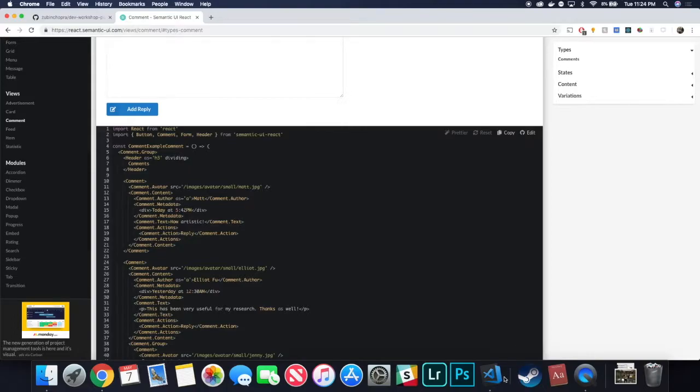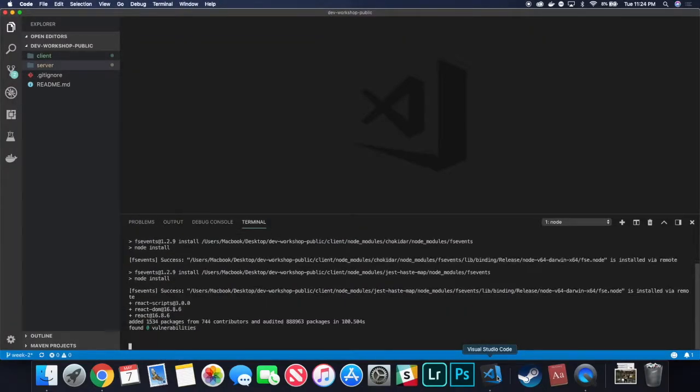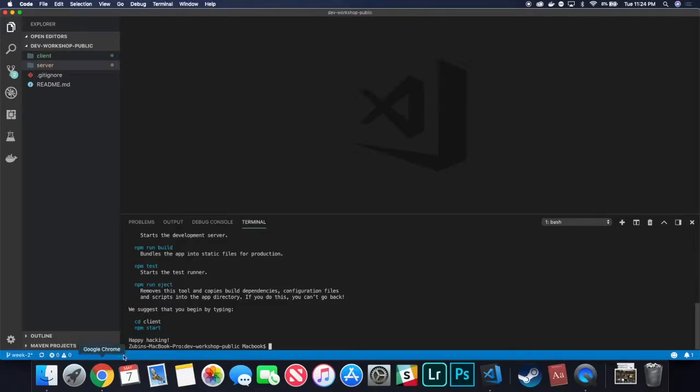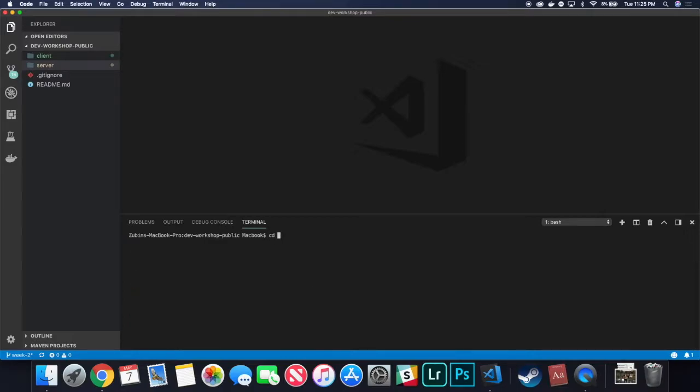So just let me quickly go back to our app, and yay, awesome. React was just installed, and if everything has gone correctly, then you should see this happy hacking message right over here. All right, so in order to check out whether everything has installed correctly or not, if you cd inside your client folder or whatever you chose to call your folder, and then just do an npm start real quick, then you should see, just wait for it,